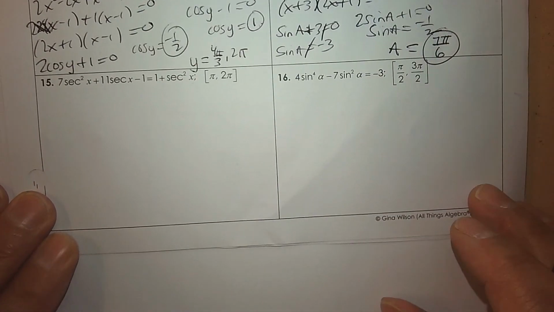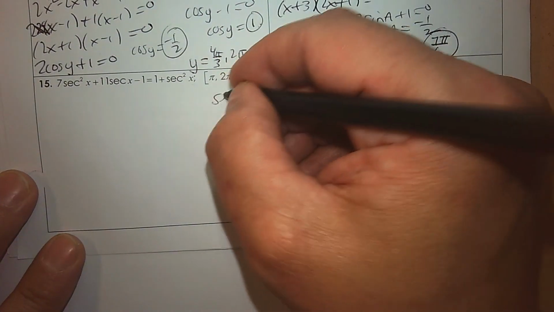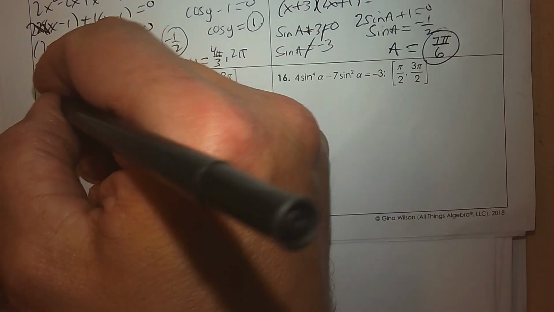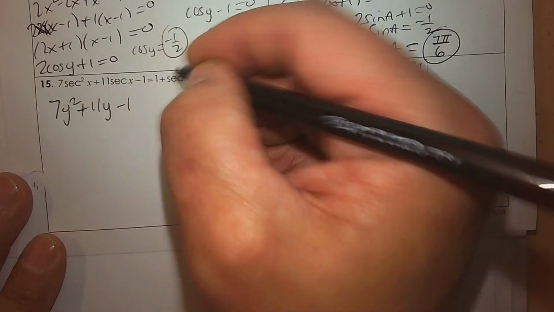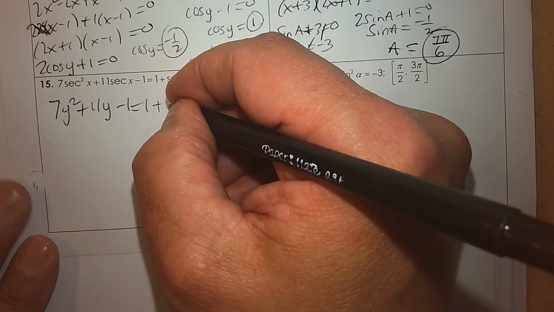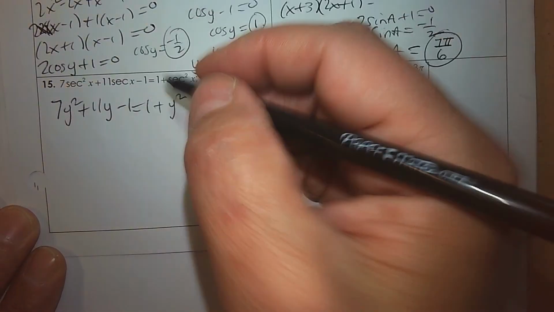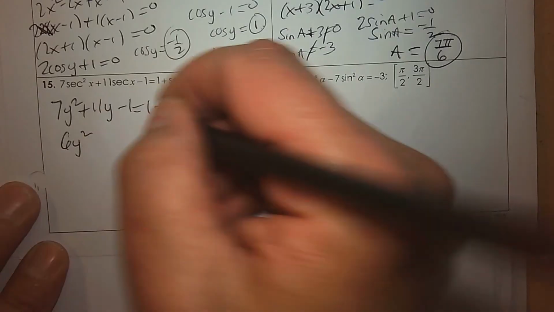Factoring again. So again, combine like terms. Even at the beginning, if you make it equal y, then have 7y squared plus 11y minus 1 equals 1 plus y squared. If you can just make it algebra, combine like terms. So subtract y squared, subtract 1,